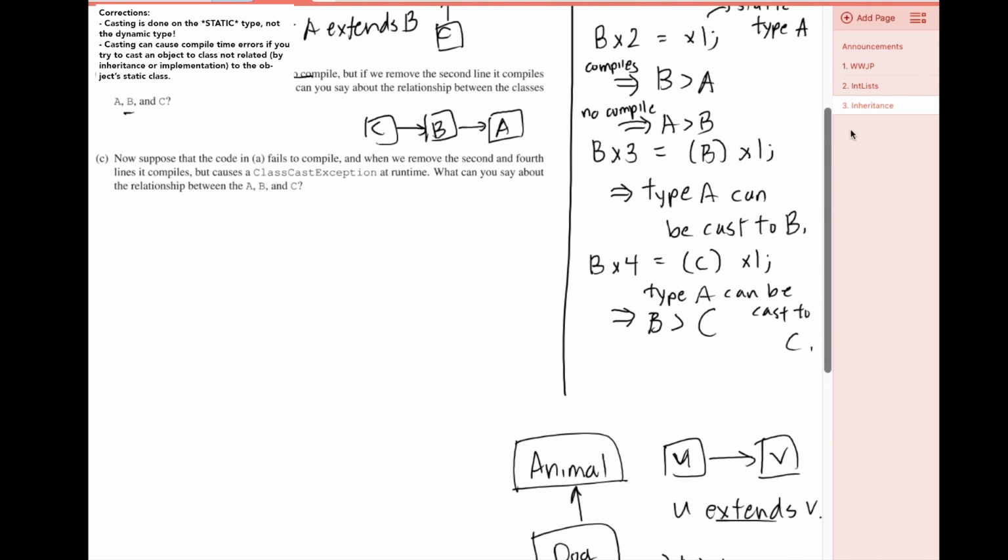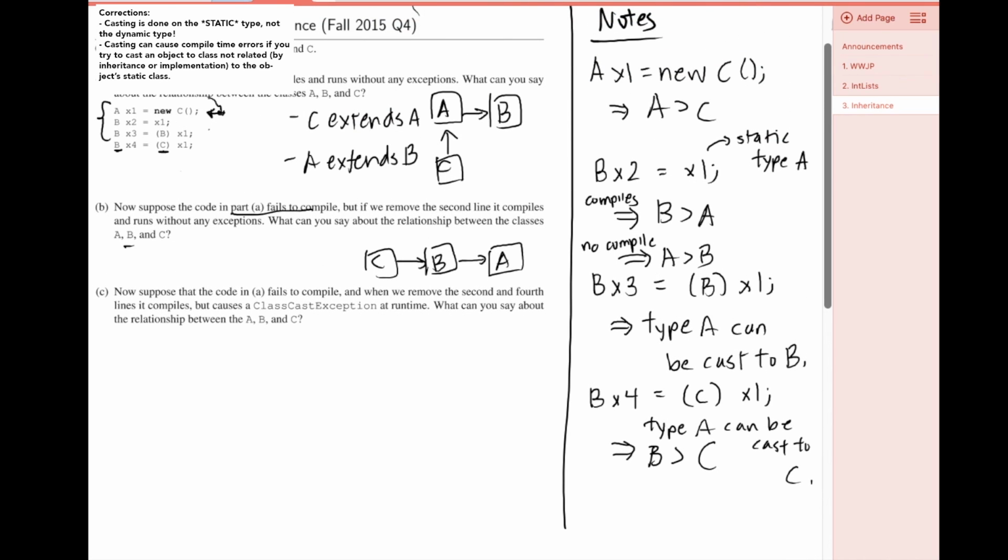Now it's saying that when you remove the second and the fourth lines, it'll compile, but it'll cause a class cast exception. So if we remove the second and the fourth lines, that means here for no compile, we're saying that C is actually greater than B, right? Because we're just flipping it if it's not compiling. So then we have the relations A is greater than C, A is greater than B, and C is greater than B. So then we get C